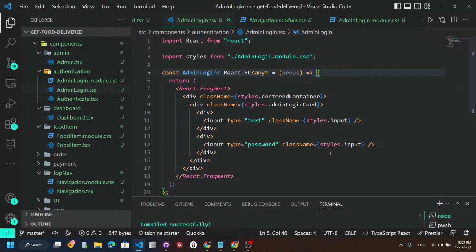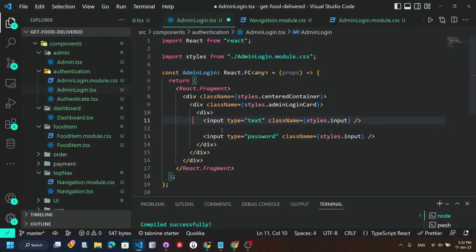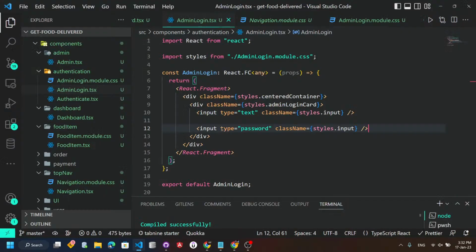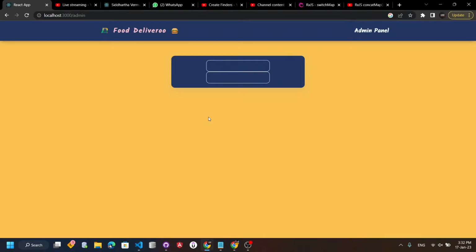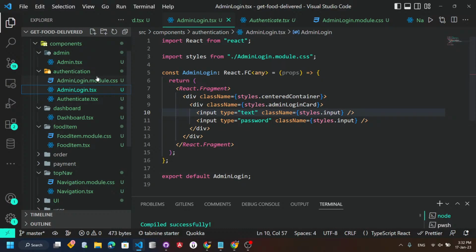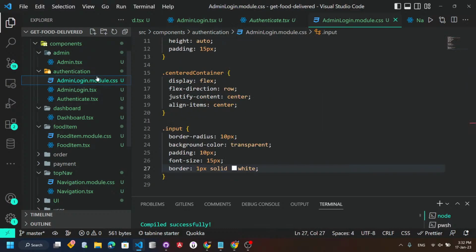Here. Okay. And then to this element, जहाँ पे हमारे ये दोनों चीजों को हम स्टाइल्स कर रहे हैं, which is